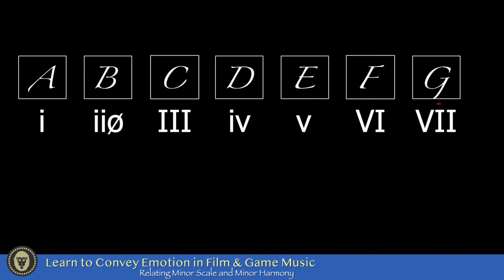As you work on your own progressions and you're building your harmonies, you want to think about chords in terms of numerals, primarily because it makes it very easy to move a chord progression from one key to another. So for example, if we were to play a 1, 4, 5 progression in the key of A major, you have something like this: A major, D major, and then E major. So 1, 4, 5